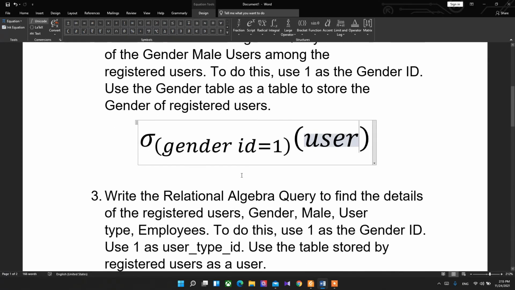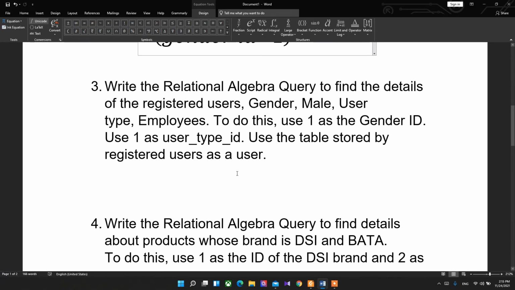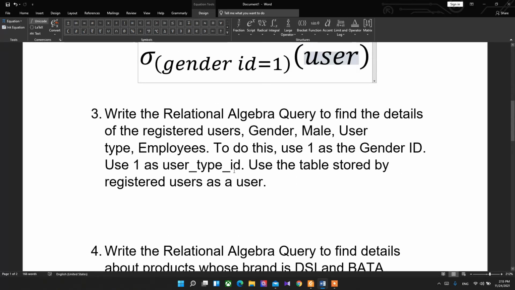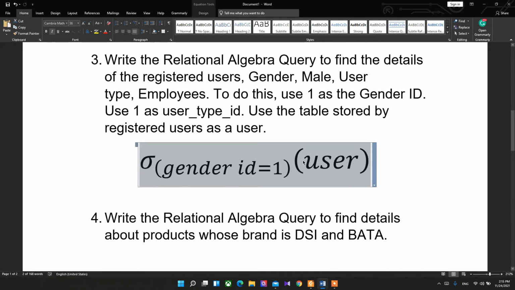And for the third one, we have to find the male users who are employees as well. So for that query, first we have to specify the users.